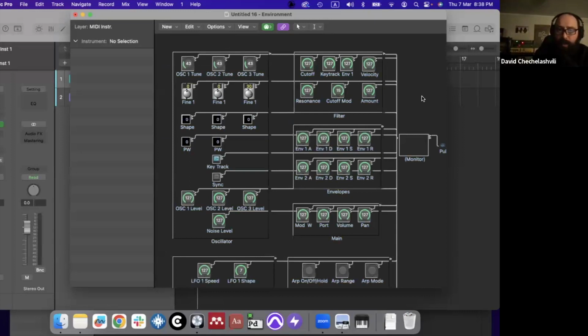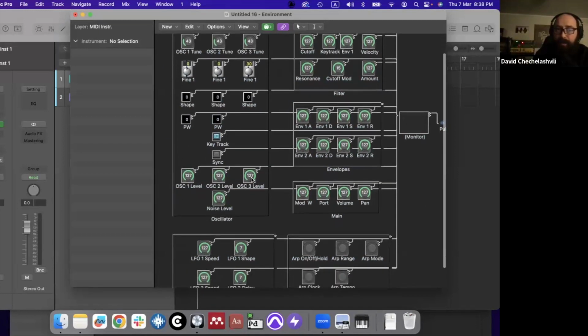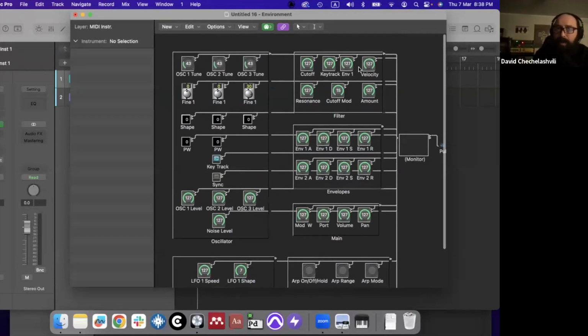Here's my synth editor. This is the oscillator section: tunes, fine tunes, shapes of oscillators, pulse width on the first two oscillators, key track, sync on the second oscillator, level of the three oscillators, noise level. That's the filter: key track, envelope, sensitivity, etc. So if I play that horrible thing that I just played,